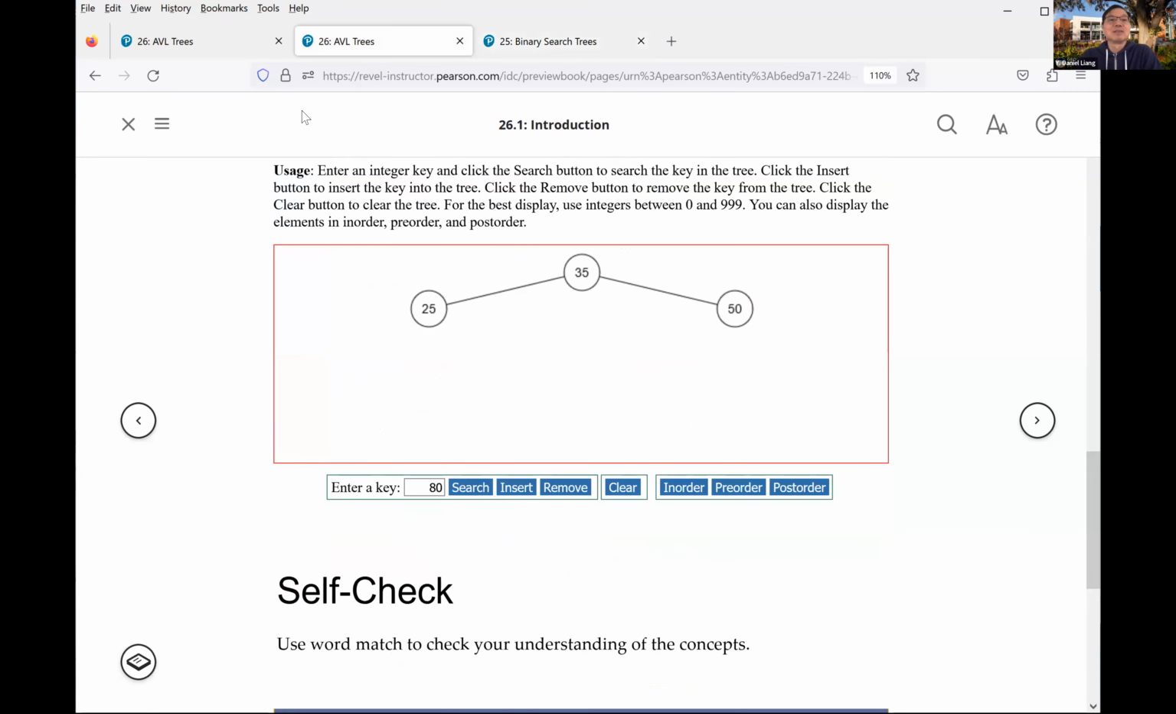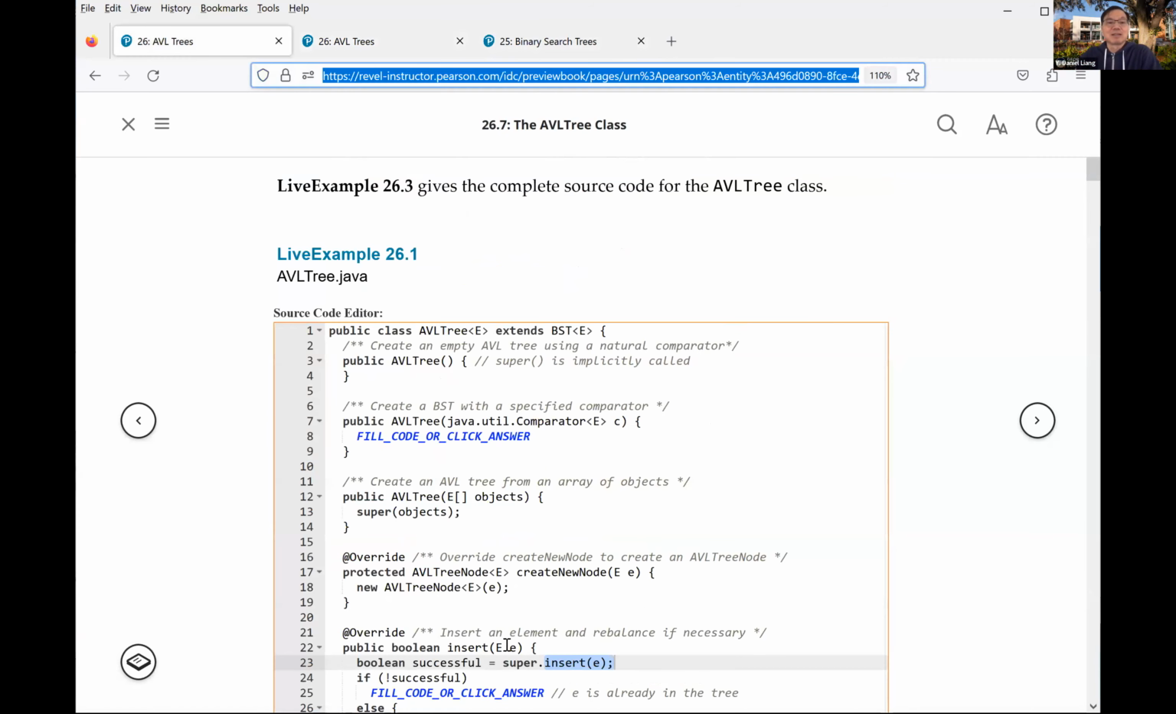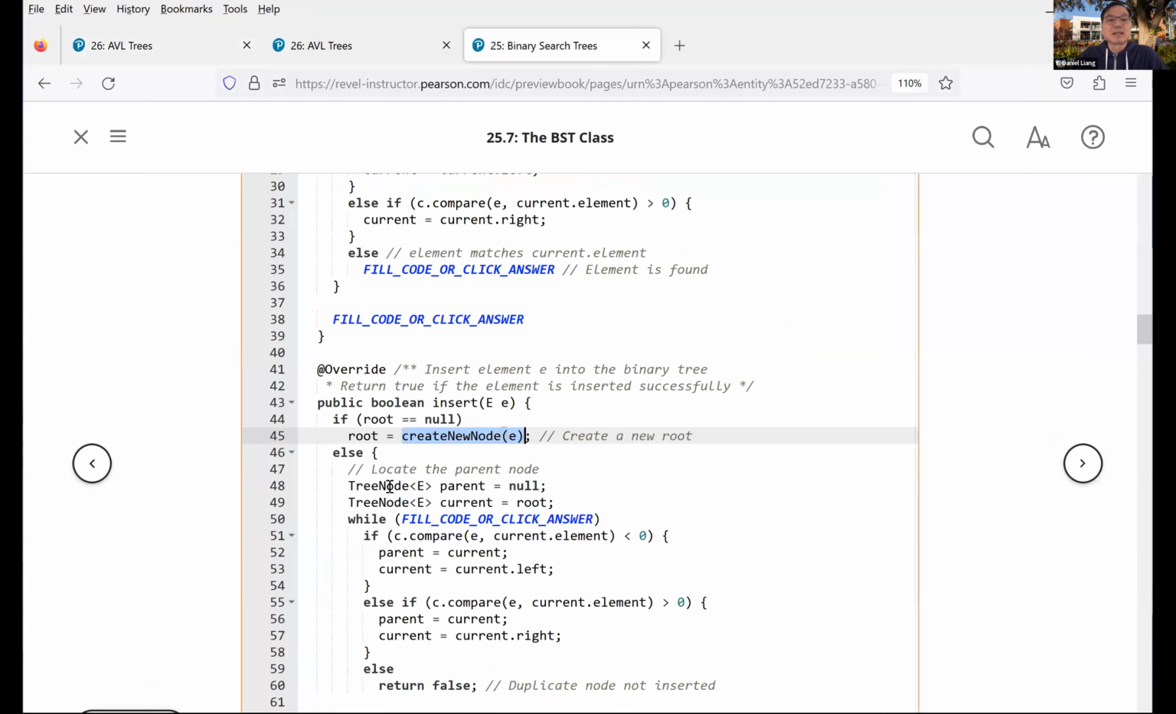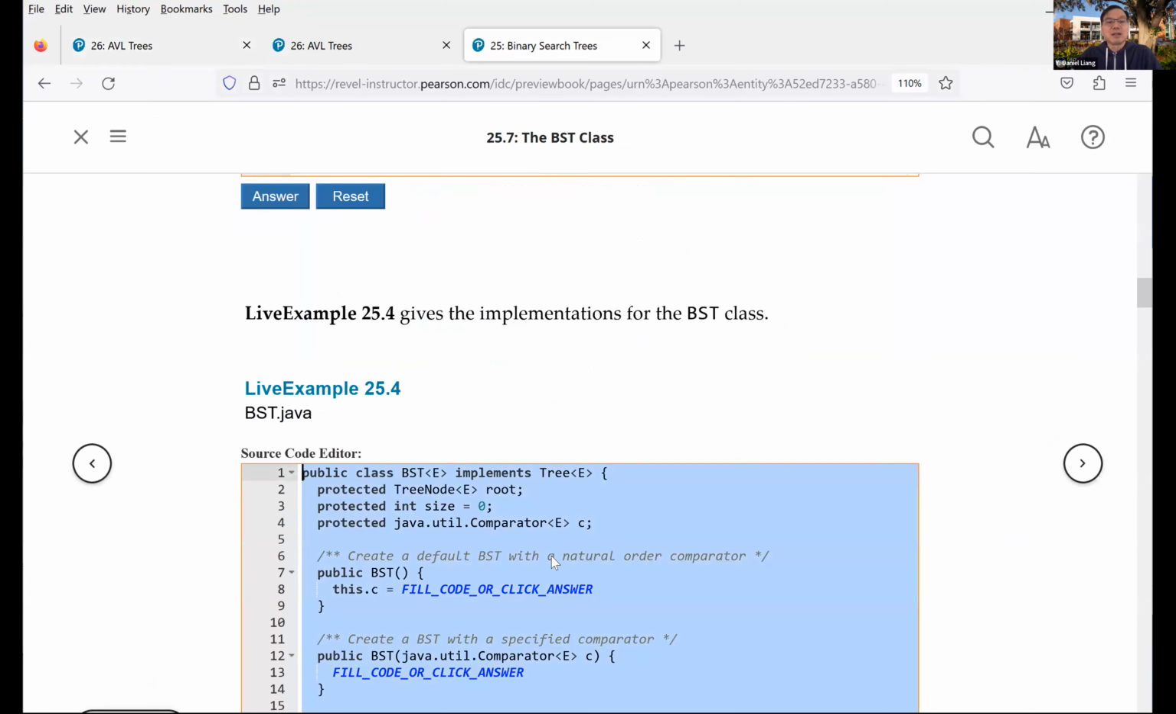So that's really very nice about this. It is because of here. You have this defined using this method, create new node. If you hard code this in the BST, right here in the BST, instead of using create new node,